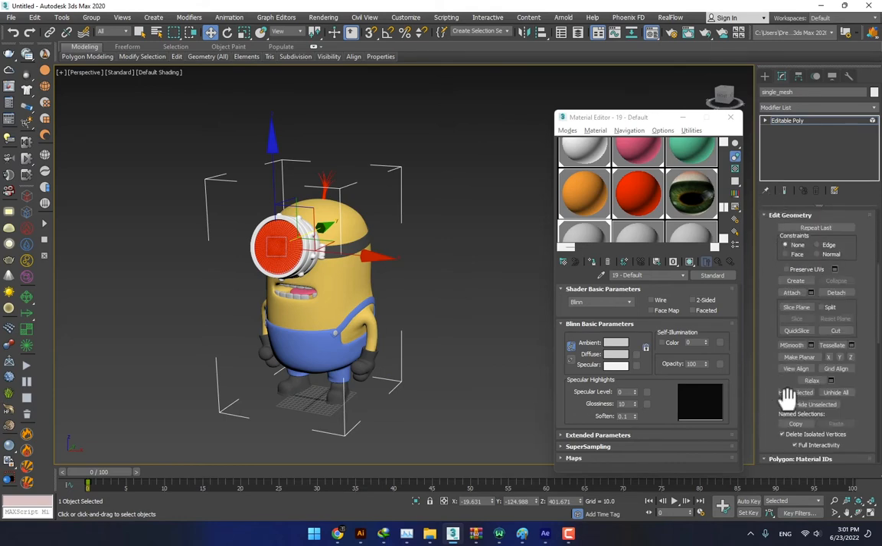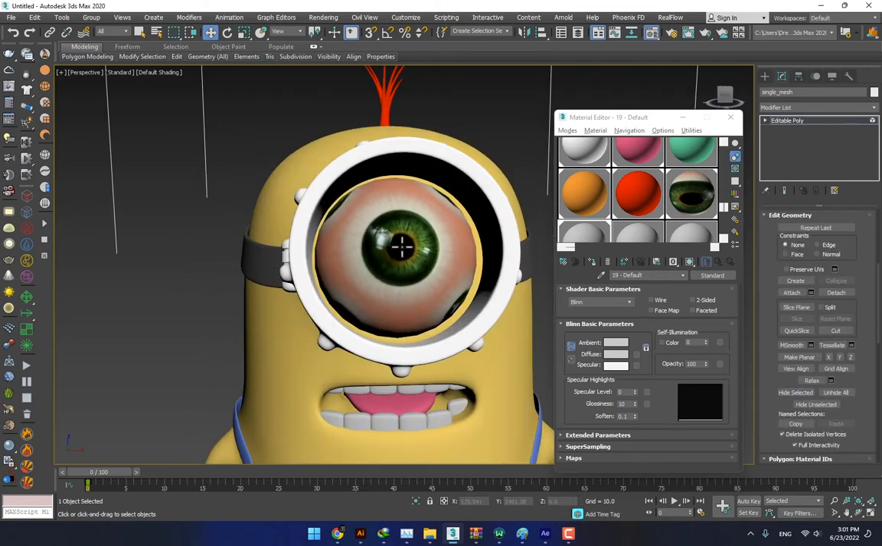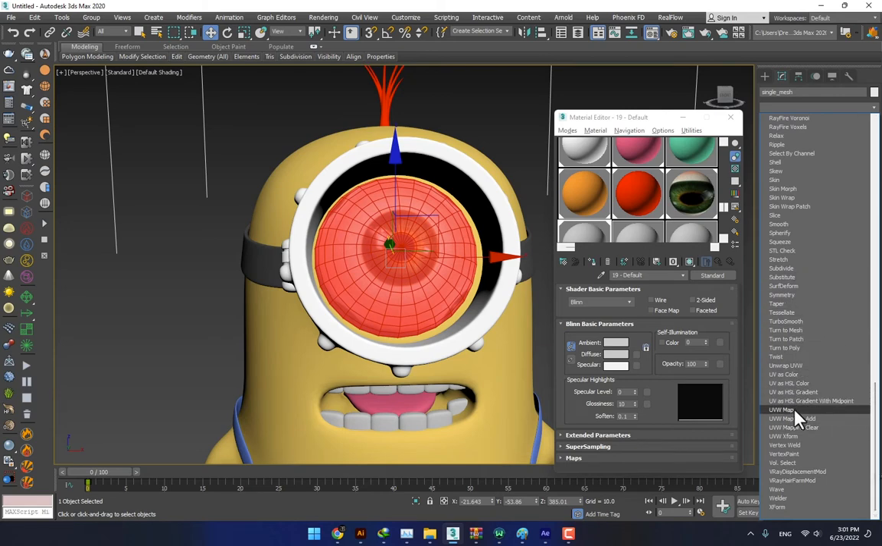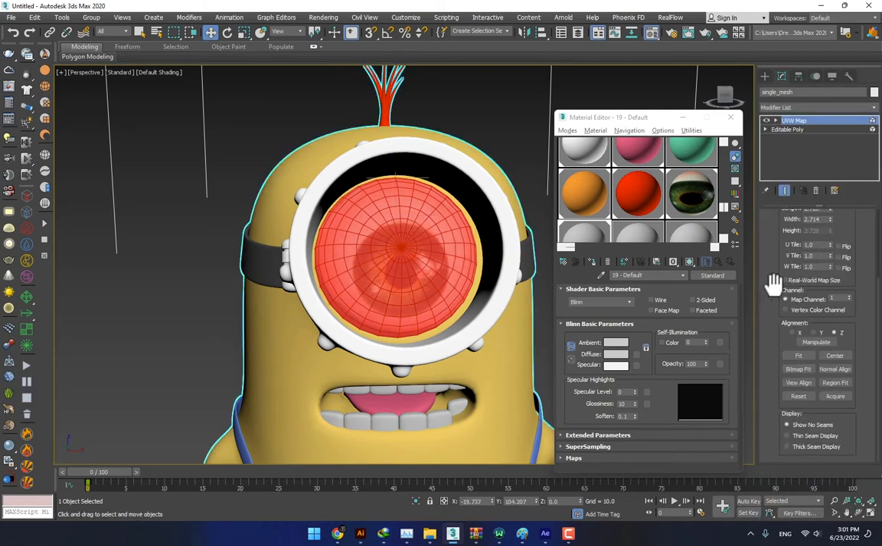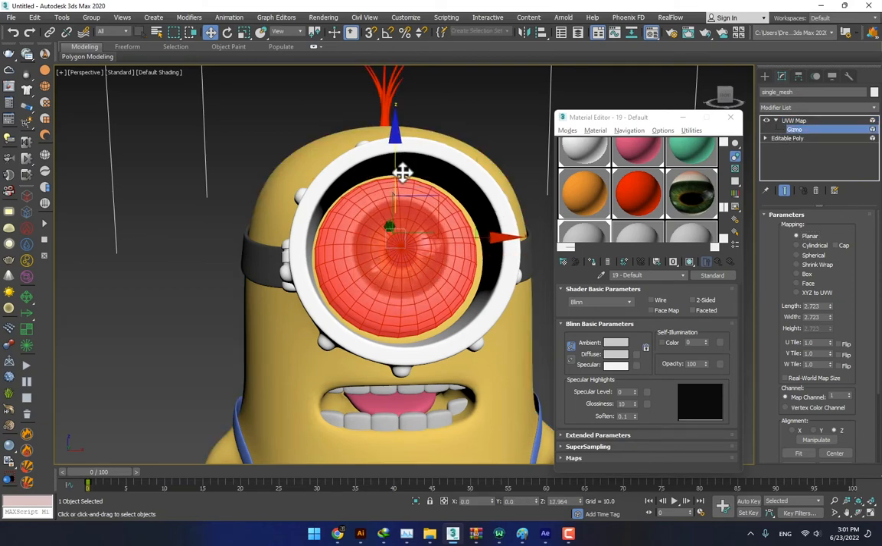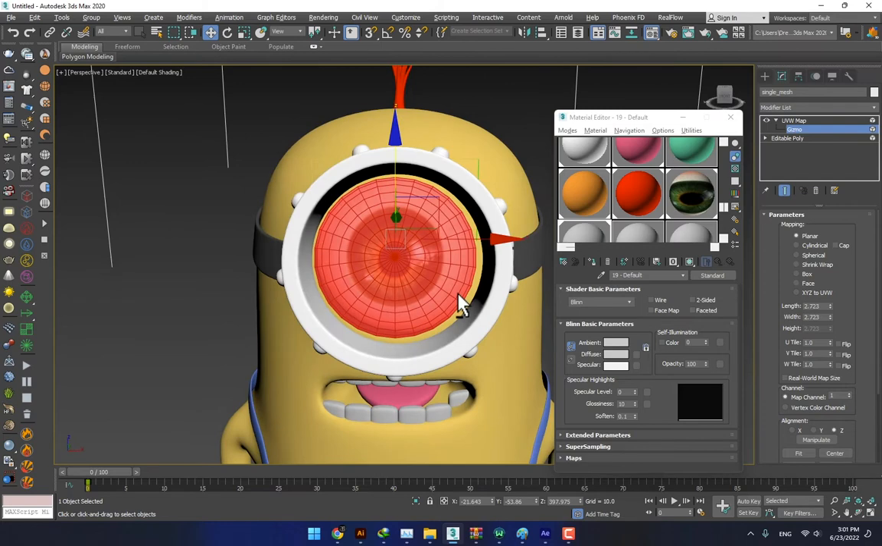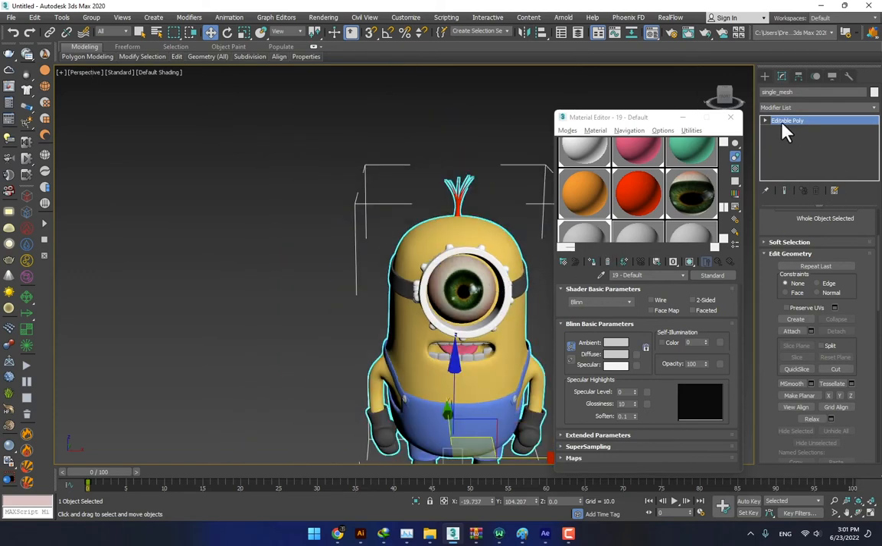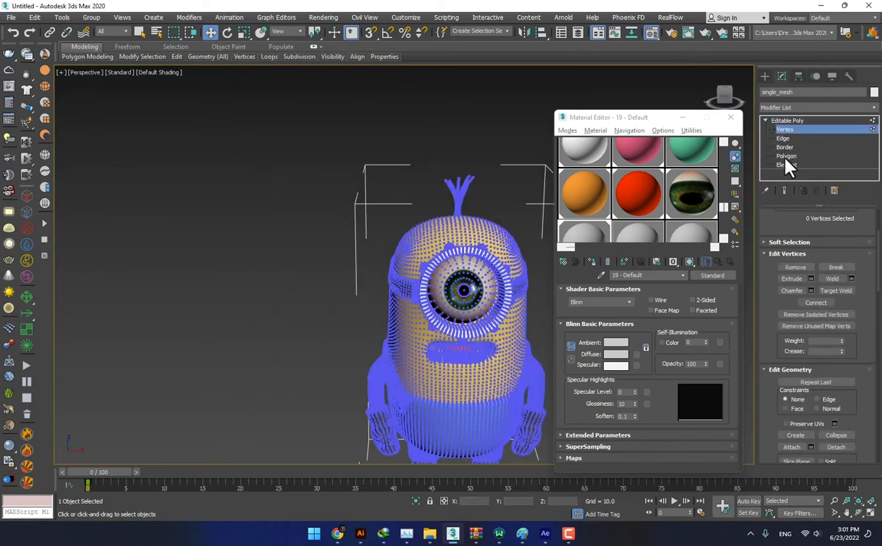Hide this one, hide selected, and select this one, apply UVW map, and go to select the spherical, cylinder, planar, gizmo, move it up, finish, right click, convert again, edit poly, and go to select element,